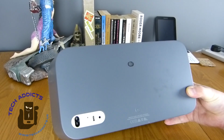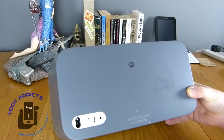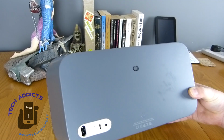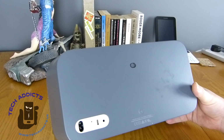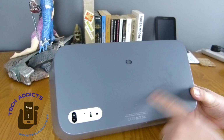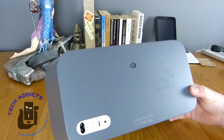Did I do that? No, I didn't do that. That's something else. That looks like a spillage of some description. Can you see that in the light? It's not sweat marks. It's not fingerprints or...